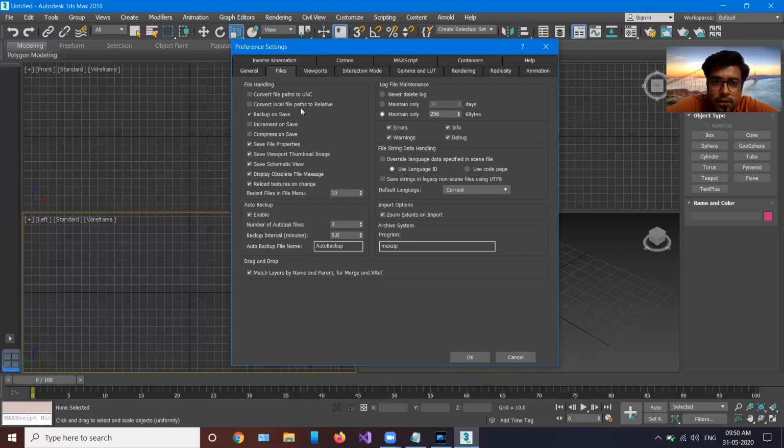Local कोई भी हमारे पास फाइल जो पड़ी रहती है, that we are going to use in our 3ds Max.